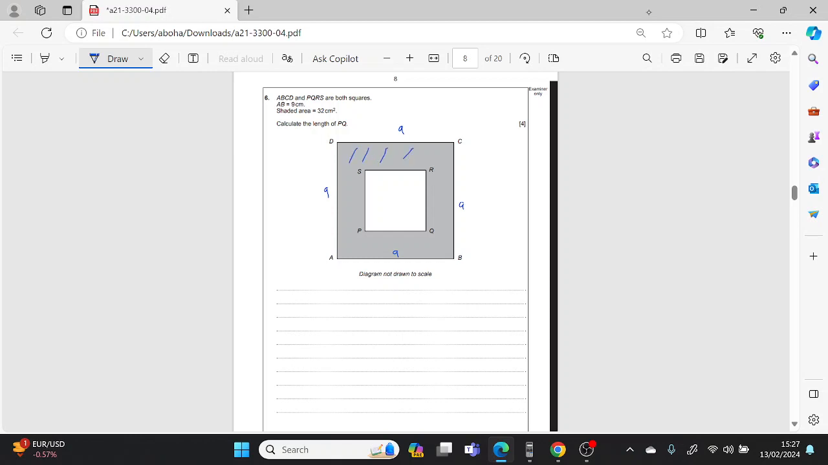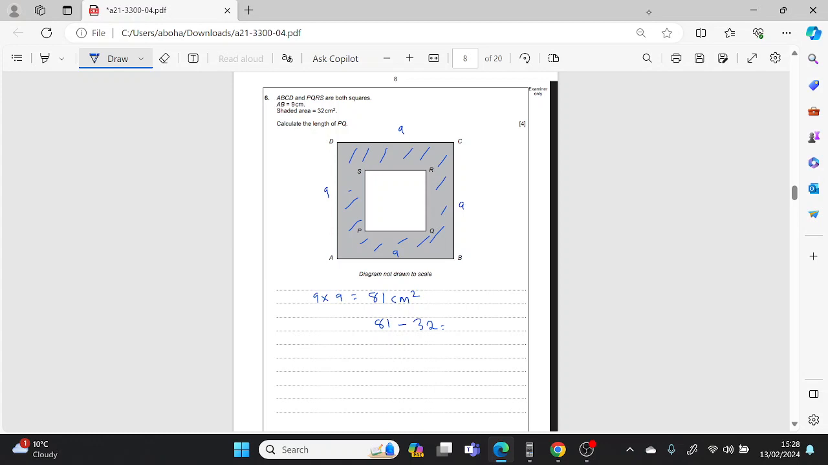So all of this here is 32 centimeter squared. They want you to work out the length of PQ. Actually, we'll start again. The area of the big square is going to be 9 times 9, which is 81 centimeter squared. We know that the shaded area is 32, so 81 minus 32 gives you an answer of